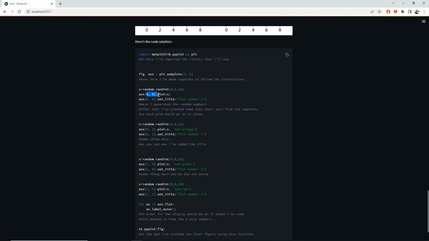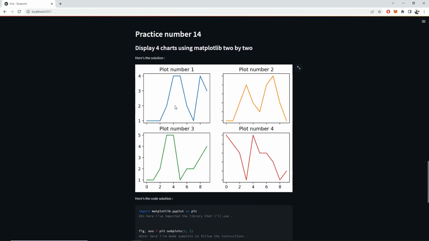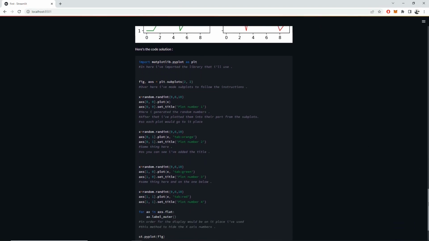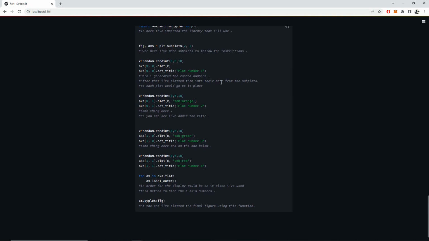So on the 0 0, this is the first one over here, the plot number 1. For plot number 1, I gave it the title, and then I plotted X on this part, and I set the title on it. Because at the end it will return an image. So I plot on it, and I set the title, and then same thing with